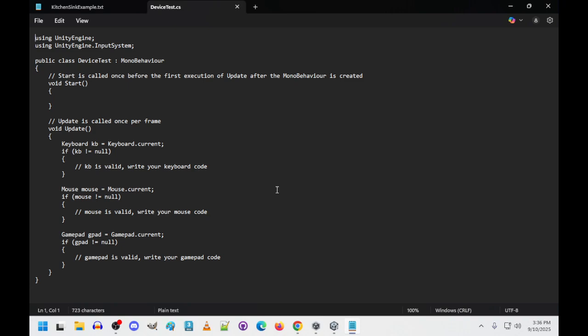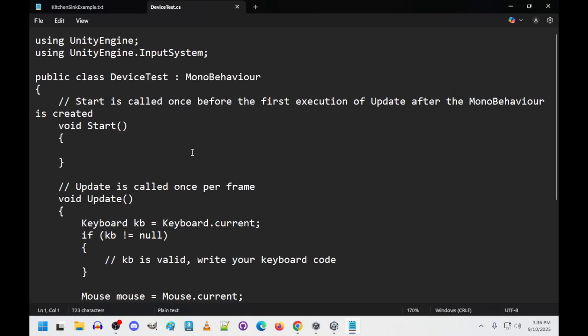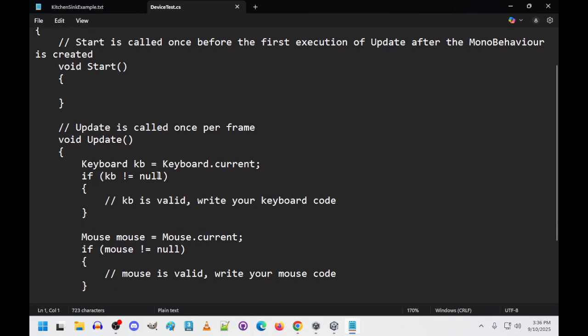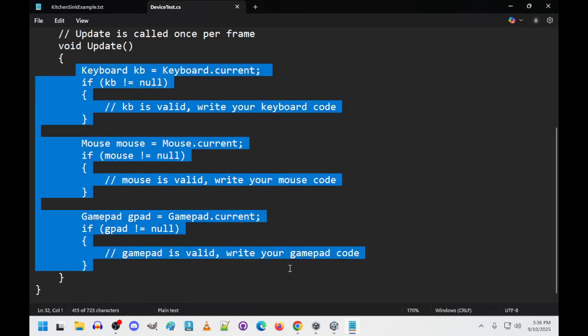This is code that was given to you. What we're doing right now in updates, you can see there's a lot of code here. One of the first things we'll do is jump